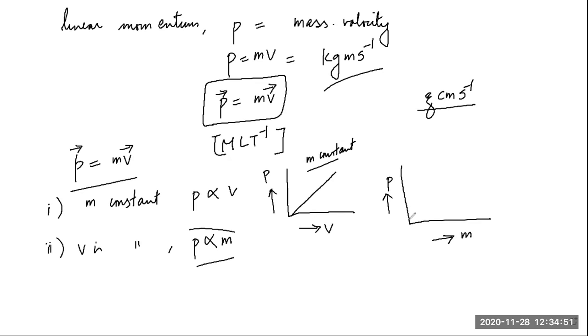So it is directly proportional to velocity. Well, it's a straight line. I'm not able to show a straight line. It's a straight line. All right. Third case, students,